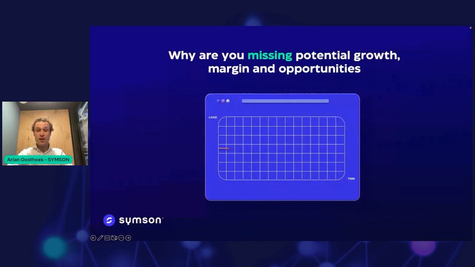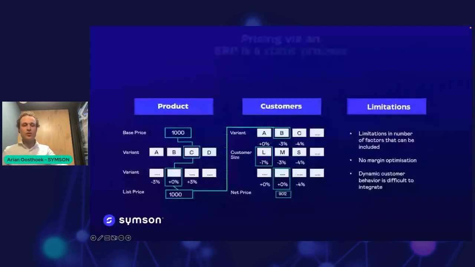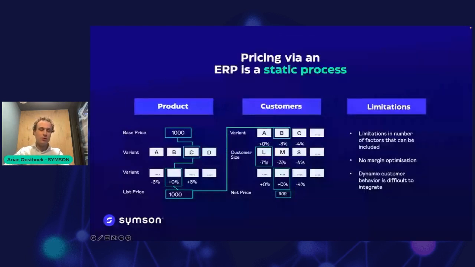But we believe in the current market circumstances with high inflation, a lot of pressure on your margins, but also with factors like your competitive intensity, with factors like seasonality or price sensitivity, it's really hard to keep your prices at the same level because you want to respond to these different factors, and you also want to respond to the different kind of consumer demand that's depending on these macro factors. So that's why I believe these static tools, such as ERP tools and Excel tools, are not enough nowadays to beat the competition.